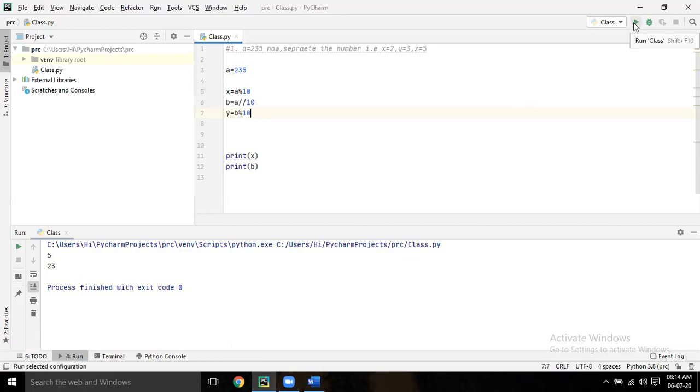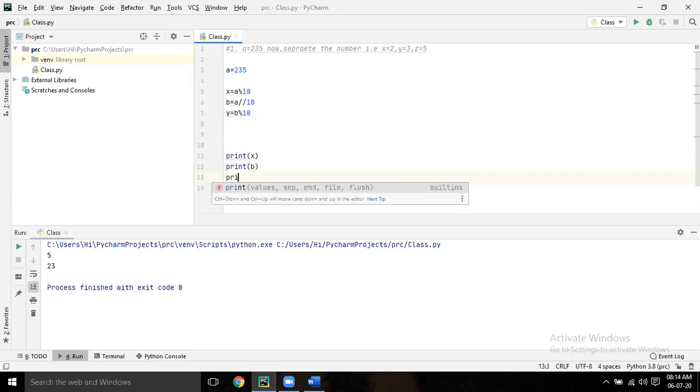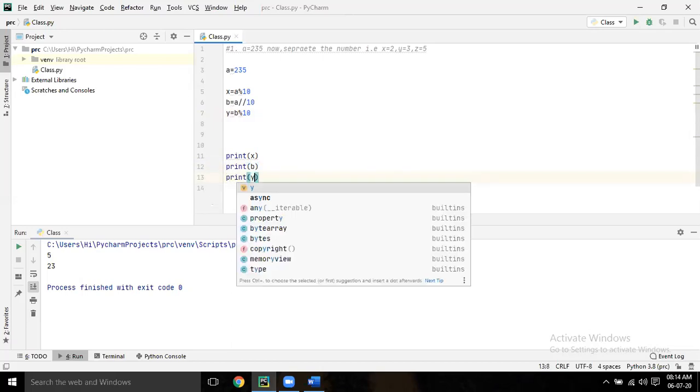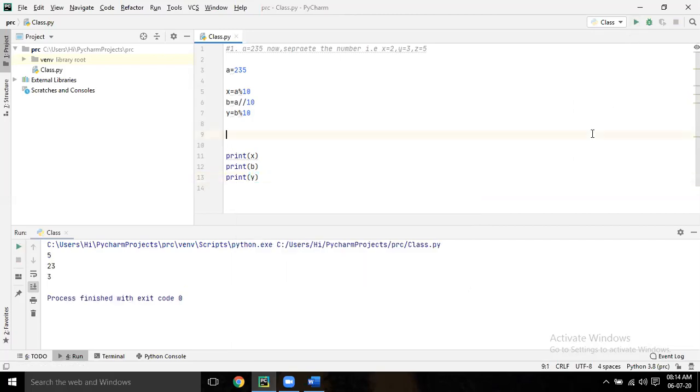Print y. Run it. Modulus will always give the last digit. If you divide 23 by 10, 2 is the quotient and 3 is the remainder. Now how to get the quotient?